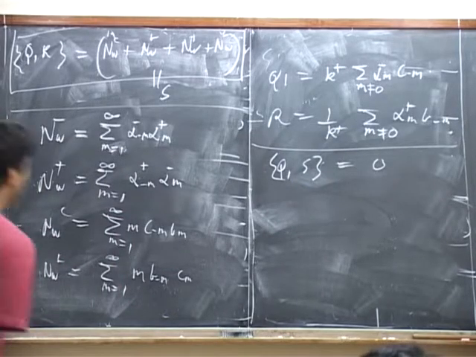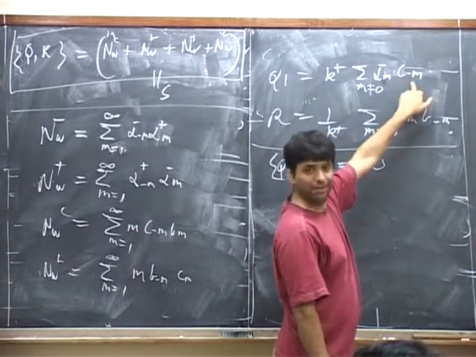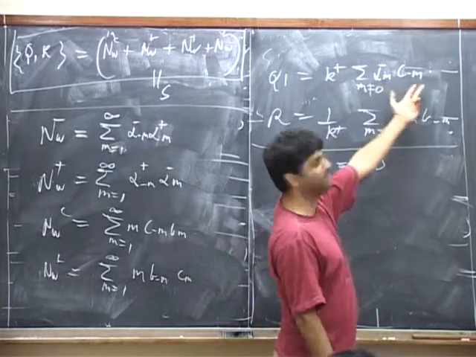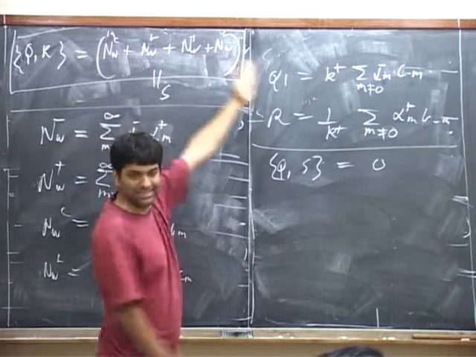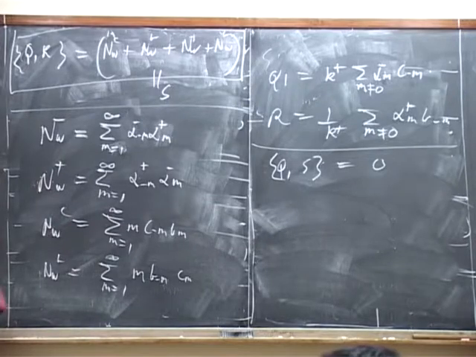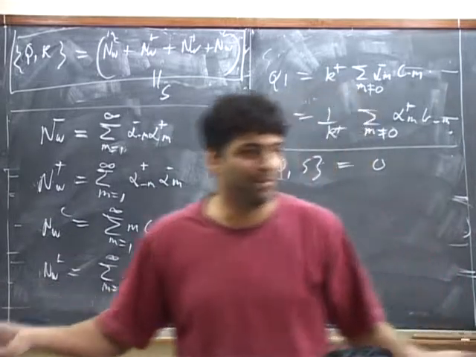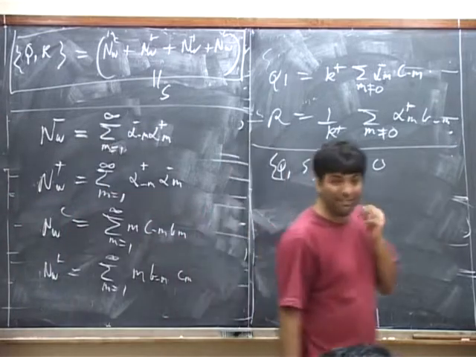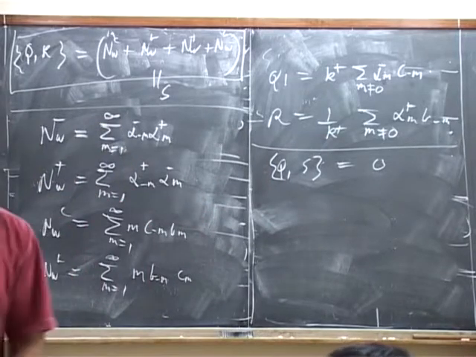Why is this the case? Well, Q1 has terms with either one creation operator of minus and one annihilation operator of B, or vice versa. It always has a mode in which one state is being created and the other state is being annihilated. This thing democratically counts the number of all states. Since one is being created and the other is being annihilated, the state that is created is equal in level to the state that's annihilated. It doesn't change the quantum number of S. So instead of considering the problem of Q1 cohomology, we can discuss the problem of Q1 cohomology separately in every eigenvalue of S.